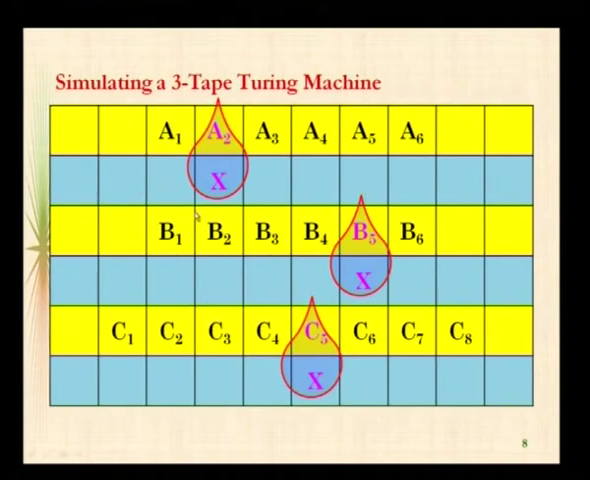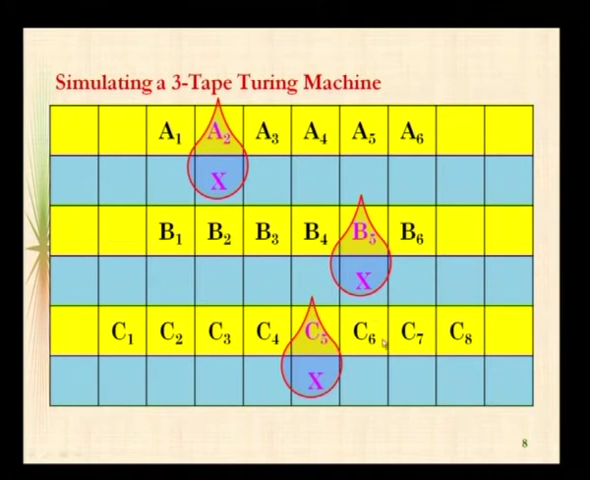So, this is a typical view of a multi-tape Turing machine when it is transformed into a single tape Turing machine with multiple tracks. Here, a 3-tape Turing machine is simulated by a single tape Turing machine with 6 tracks. The first tape content, A1, A2, A3 up to A6, is available in the first track of the Turing machine. The second tape content, B1 to B6, is available in the third track,